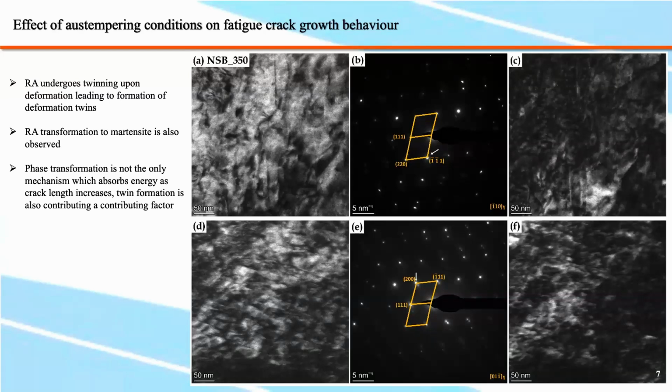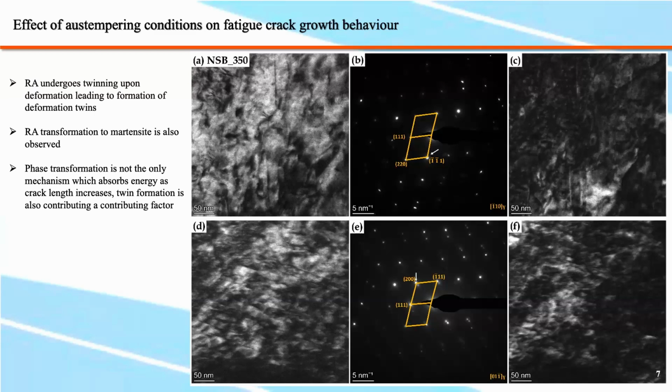these figures are here for the 350 specimen that was austempered at a higher temperature. So what we could observe was there was significant transformation of retained austenite into martensite. But apart from that, we could also observe that the austenite had undergone some deformation twinning. And this is in addition to what the prevalent theory currently is. So it is suggested that when the plastic zone of the crack tip approaches the retained austenite fraction,